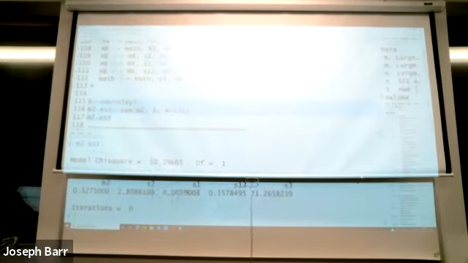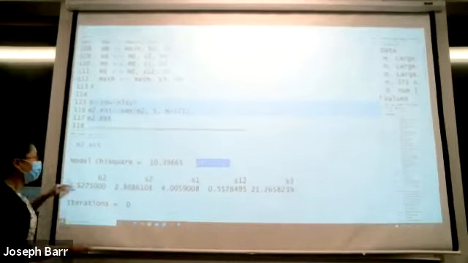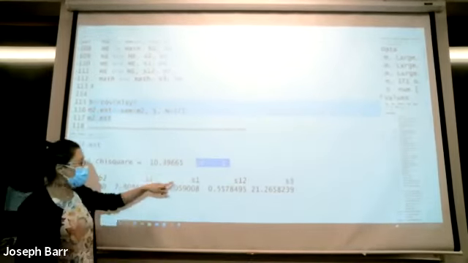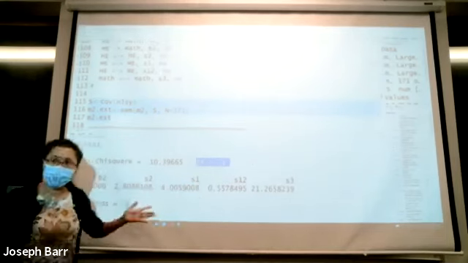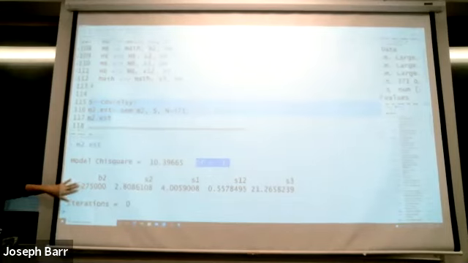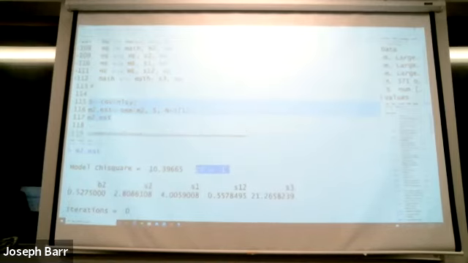And it's very simple. Now let's look at the degrees of freedom. It's 1. Now let's look at the parameter estimates. B2, S2, S1, S12, S3. No B1. B1 is skipped for this model. Yeah, this is another alternative model.